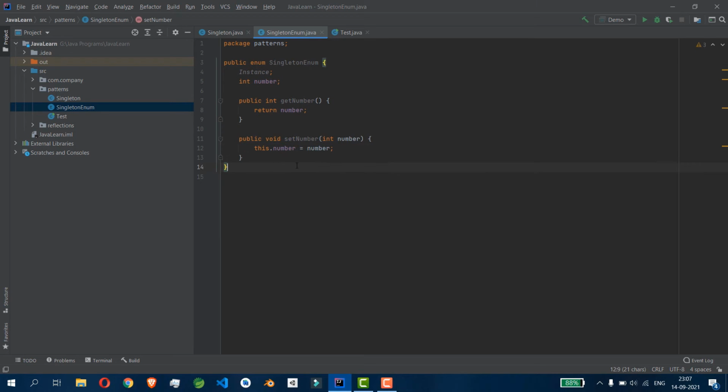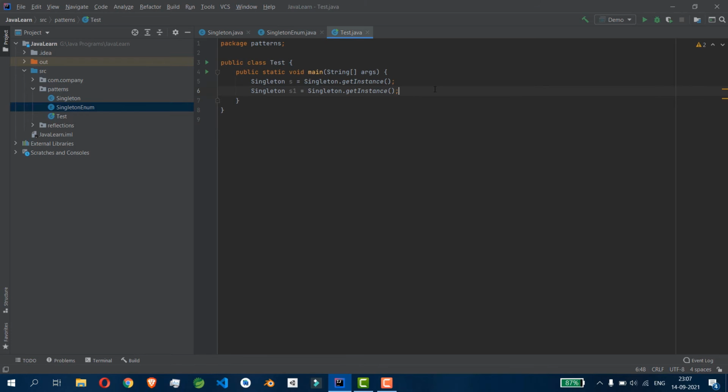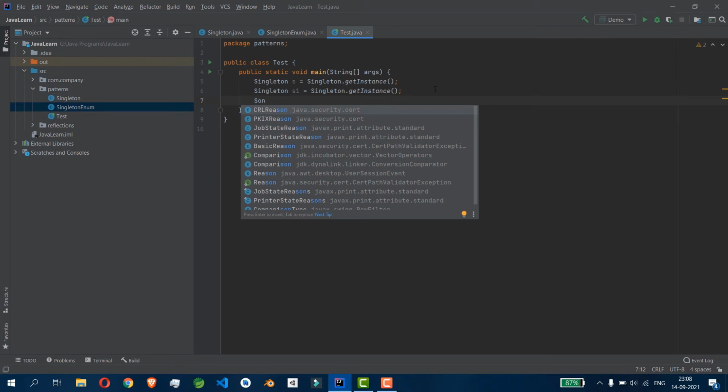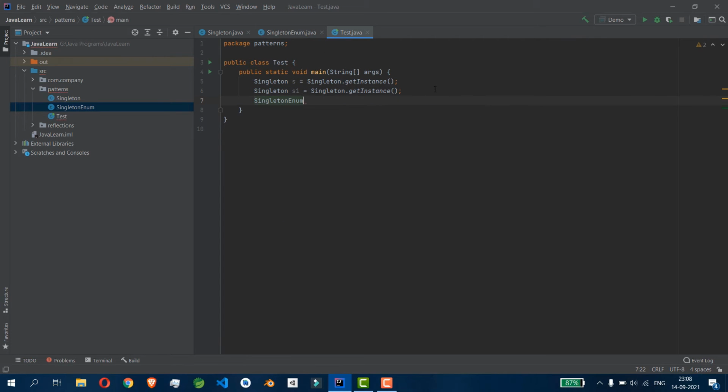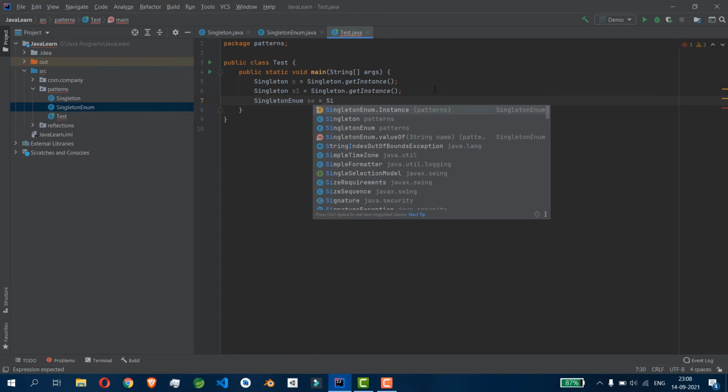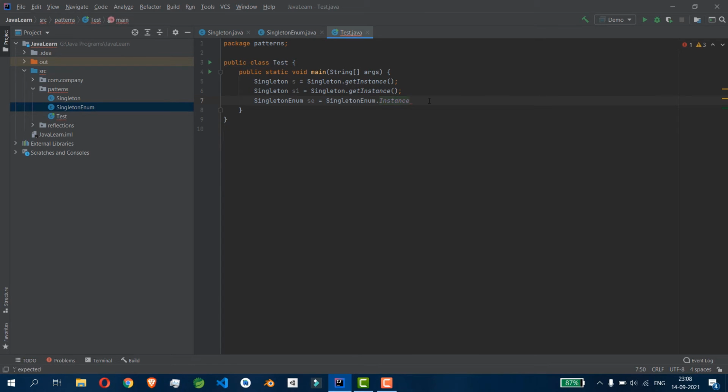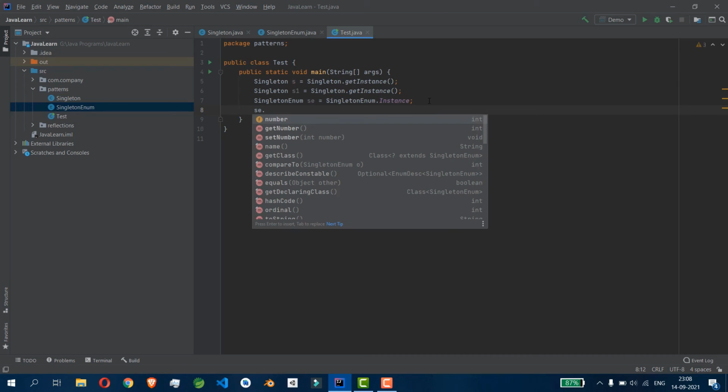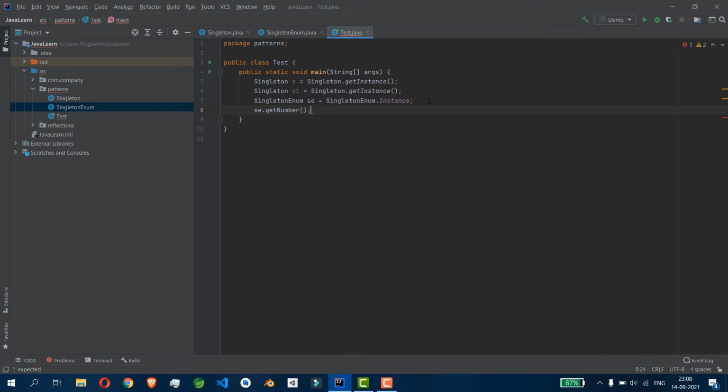Okay, this is a simple and easy way. We don't want to create any conditions, just constants here, and call it by using the singleton enum and referring to the instance. See, and we can call that anywhere.